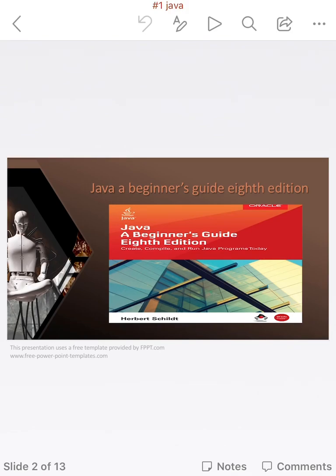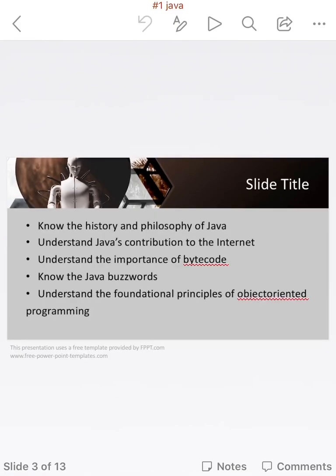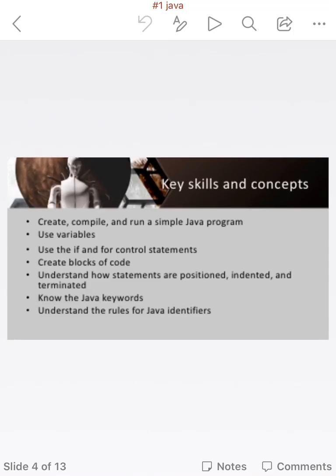At first, we want to start with the first chapter. In the first chapter of the book, we want to learn some titles like: know the history and the philosophy of Java, understand Java's contribution to the internet, understand the importance of bytecode, know the Java buzzwords, understand the foundational principles of object-oriented programming,